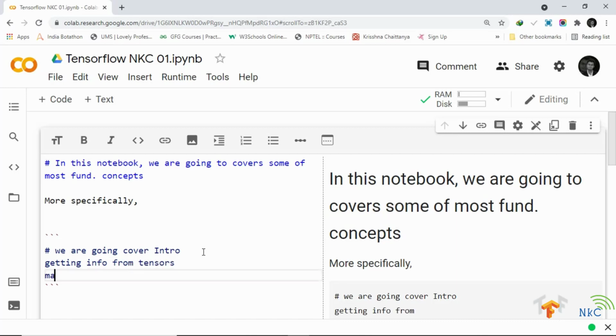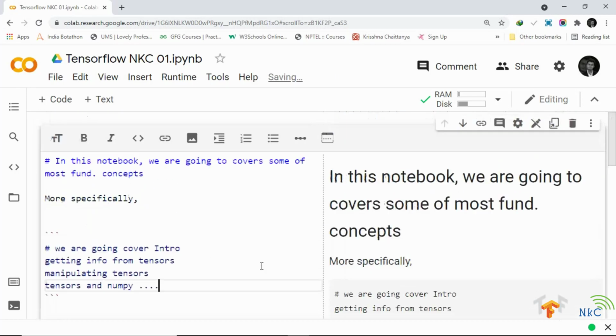Manipulating tensors, so changing the information that's stored within tensors. And then we are going to look at tensors and NumPy. If you have ever used NumPy, you will find very similar features in TensorFlow. Then tf.function, which is a way to speed up your regular Python functions in TensorFlow.